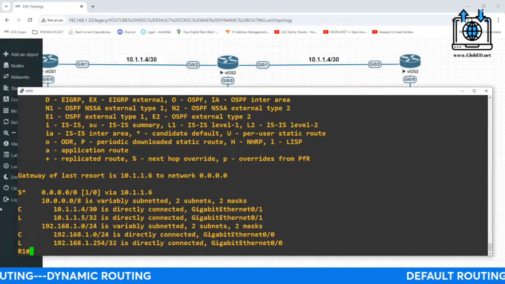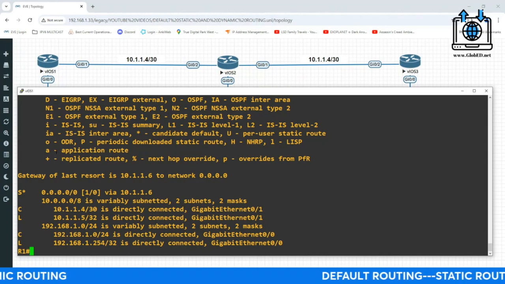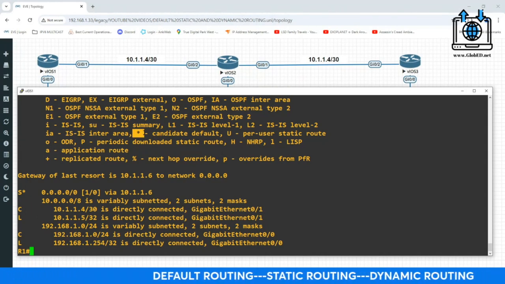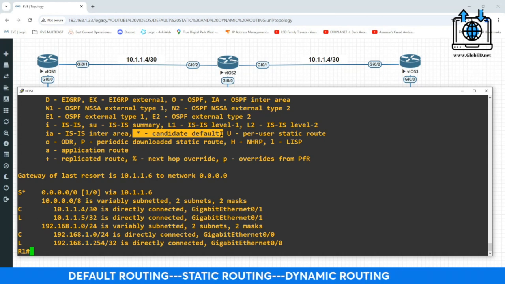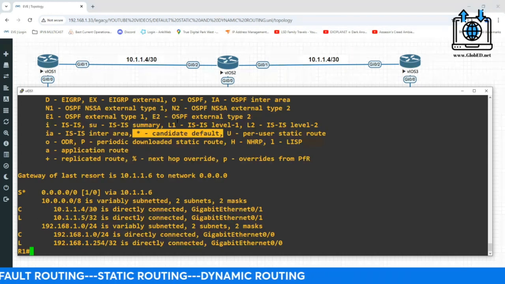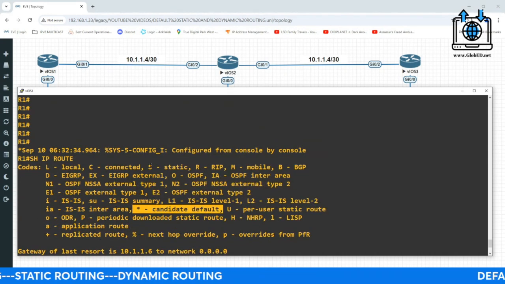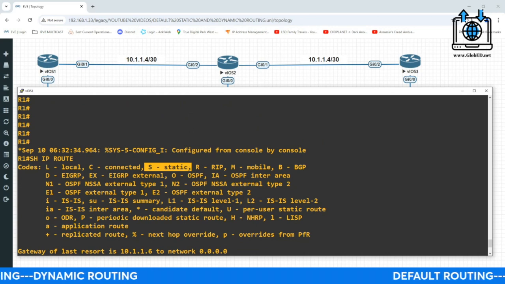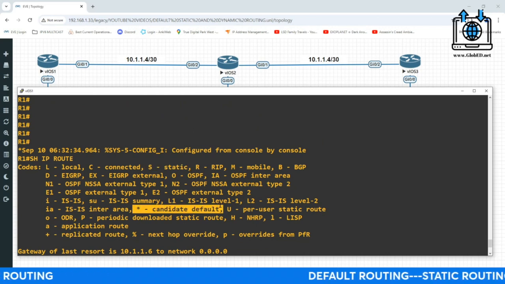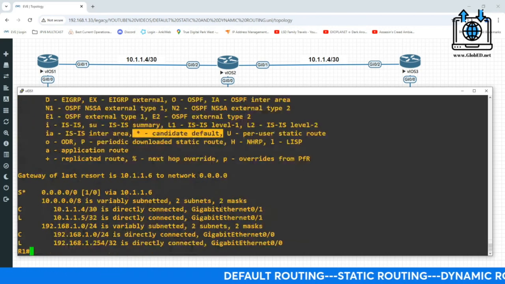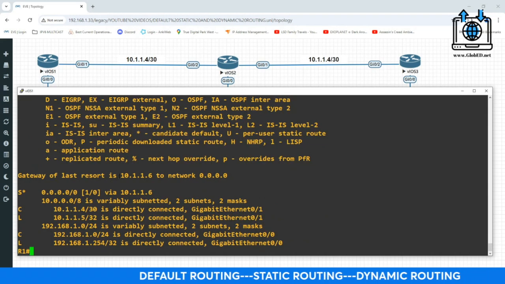Now we have an S with an asterisk. Asterisk somewhere in here means that that is a candidate default. And that S, somewhere up here probably, is a static. So this is a static candidate default route. If you want to be specific, it's a default route. That's what it is. And it's telling you where to go.